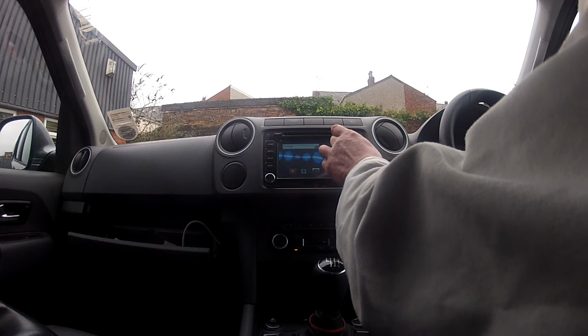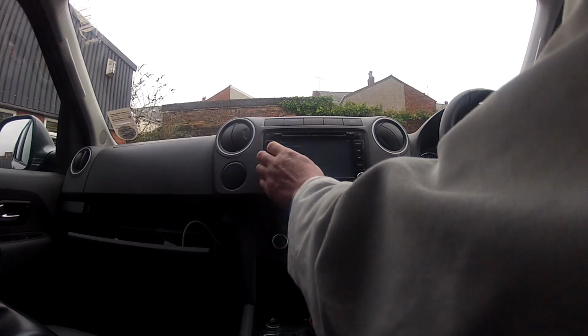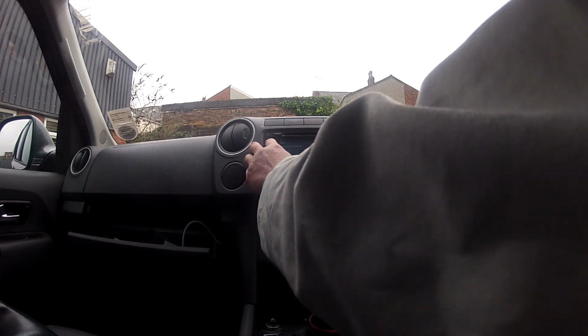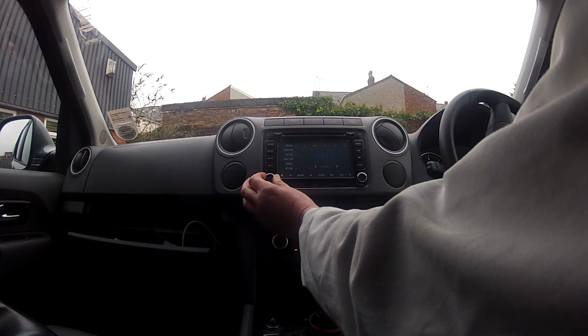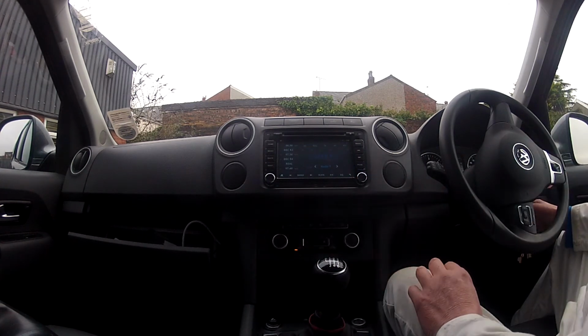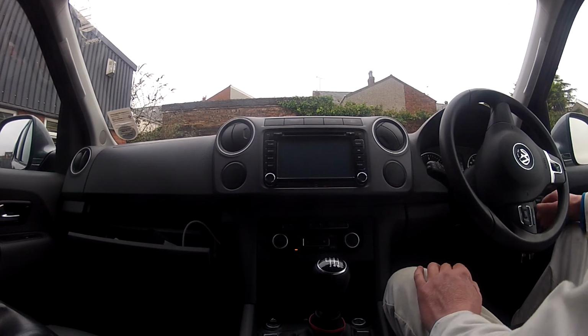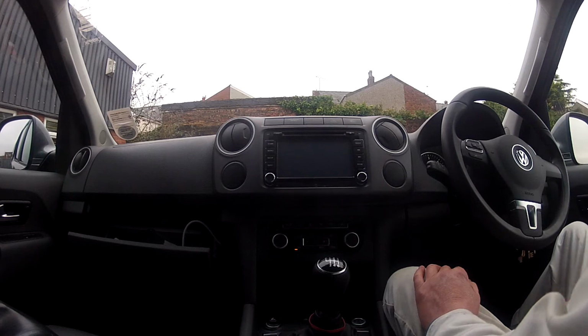The usual settings, so you can configure things the way you want, add and remove apps, whatever. This button takes you back to the radio. Forward and back buttons. I'll just start it up. Shouldn't have done that because it's going to reboot now. So I'm just going to show you